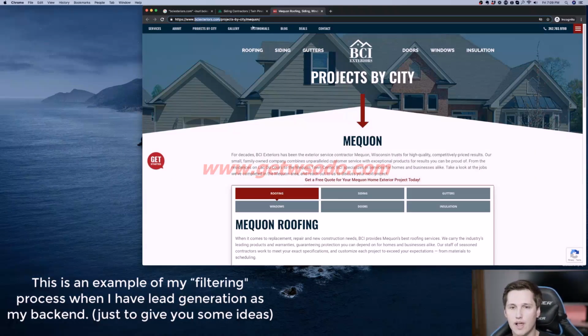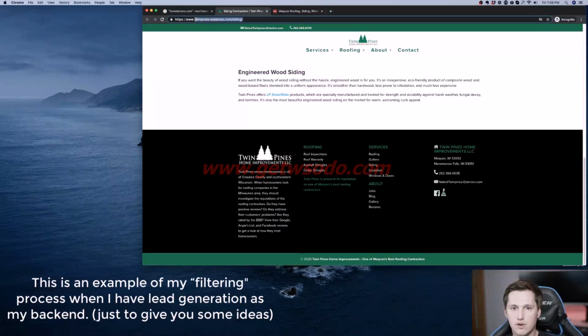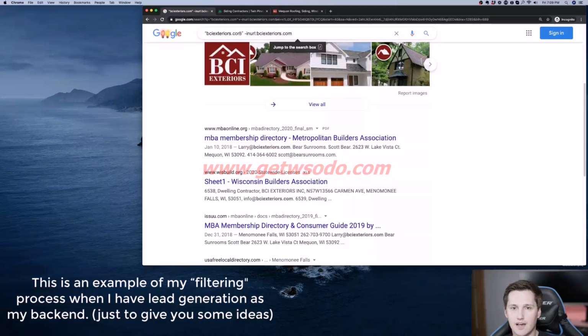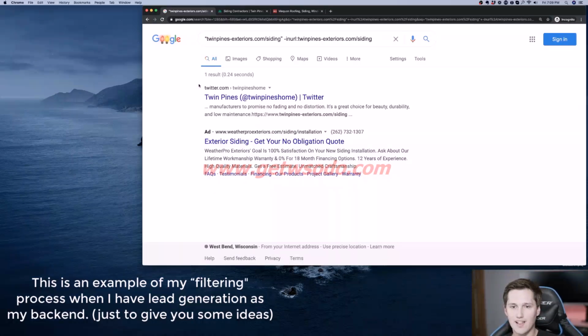They are going after a lot of other cities. If I actually research just this page on their website and not the root domain name, actually we'll do it with this one since it's easier to follow, I bet I would find a lot less. So let's try this and see what this gets us. Okay, so a lot less. For this actual page, they've only got one backlink, a Twitter profile. So that'll give you some idea right there that the competition's not much. Safe bet.